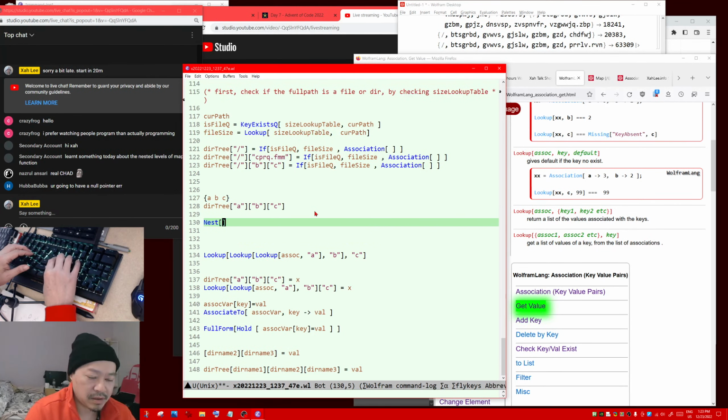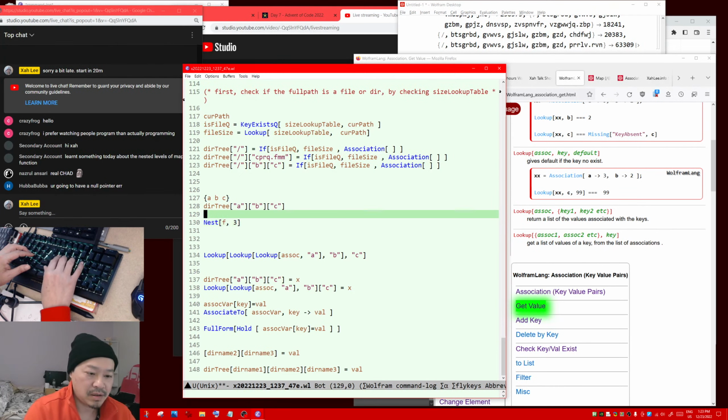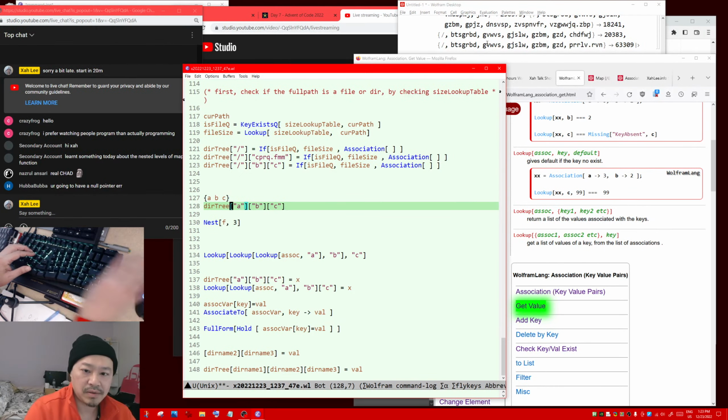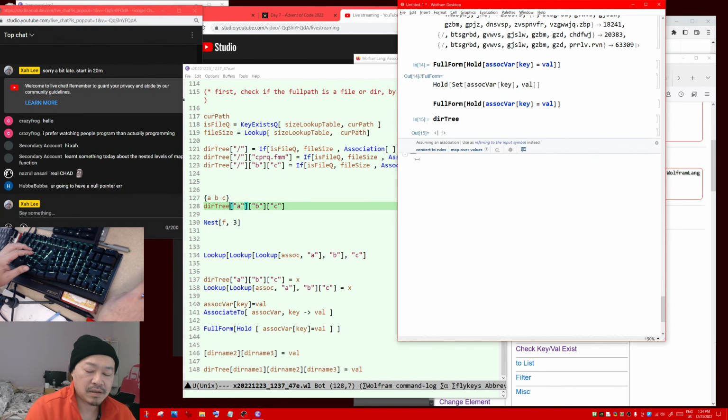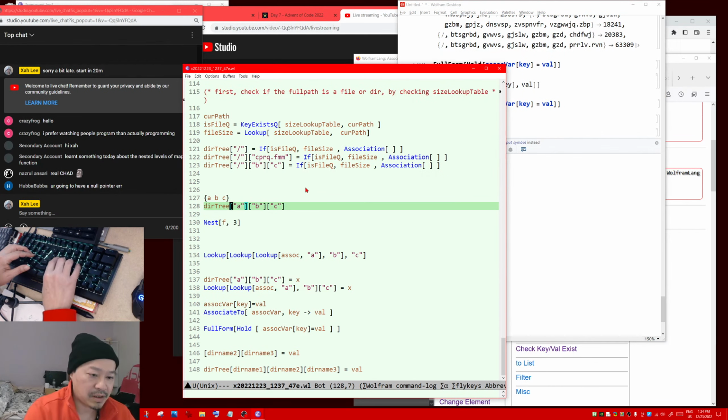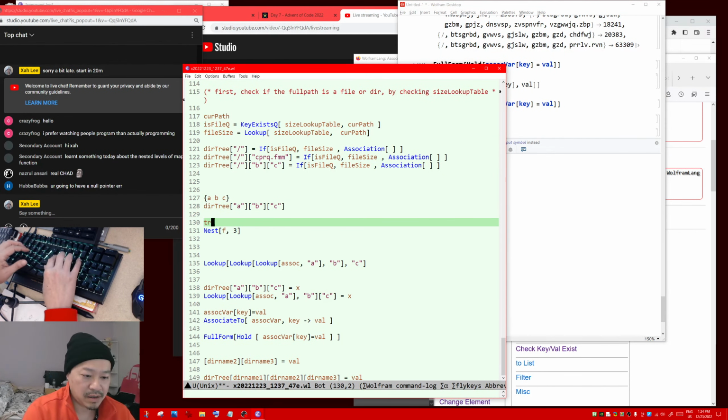Let's see. Nest something, length of the list, okay? Yeah, let's see, for example 3, then let me show you how it works. Okay, so let's try the tree. That's empty, but let's say dr. Okay, the tree that